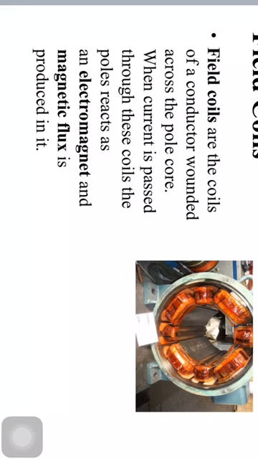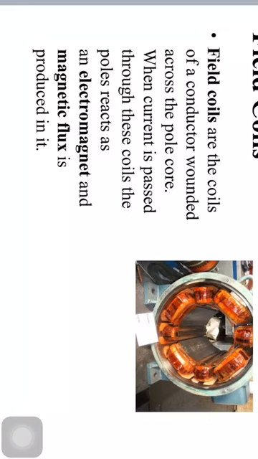Next, the choice of material: as it has to carry current, it should be made up of some conducting material like aluminum or copper. Coming to the shape, a field coil should take any type of shape and bend easily, so copper is the proper choice. The field winding is divided into various coils called field coils. We can observe different field coils in this diagram. These are connected in series with each other and wound in such a direction around the pole cores that alternate north and south poles are formed.